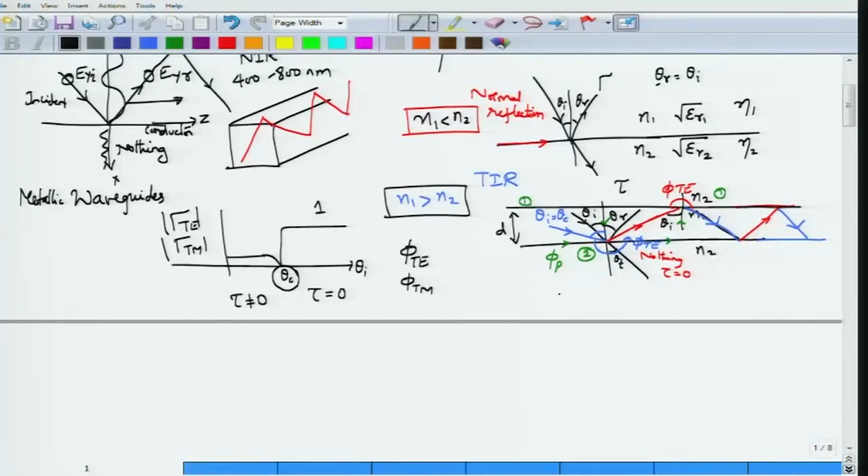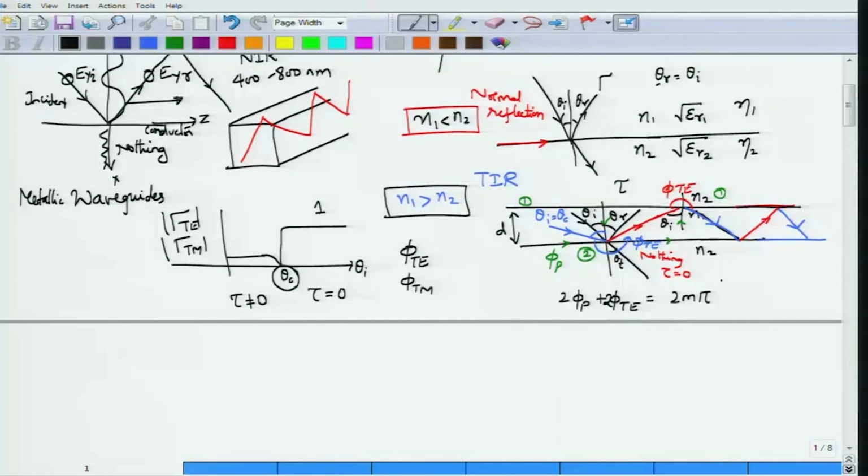Okay. The condition for that to happen is that 2 times phi p, which is the phase that is picked up by the propagating wave, plus 2 times phi TE, must be some multiple of pi. In fact, you can relate phi p to the distance d, the angle of incidence theta I, and phi TE can be calculated from the expressions for the reflection coefficient of TE or TM modes,